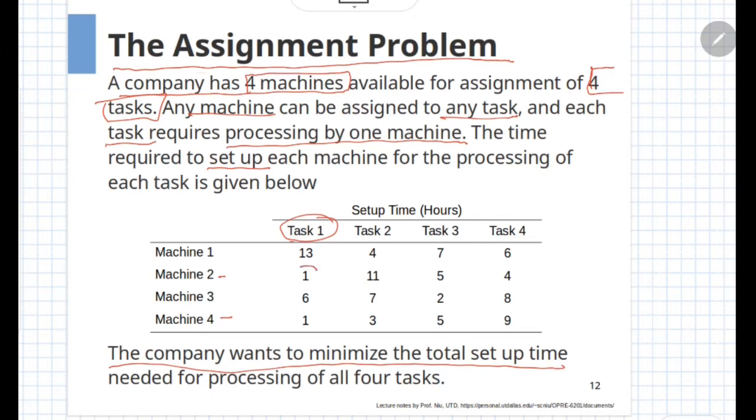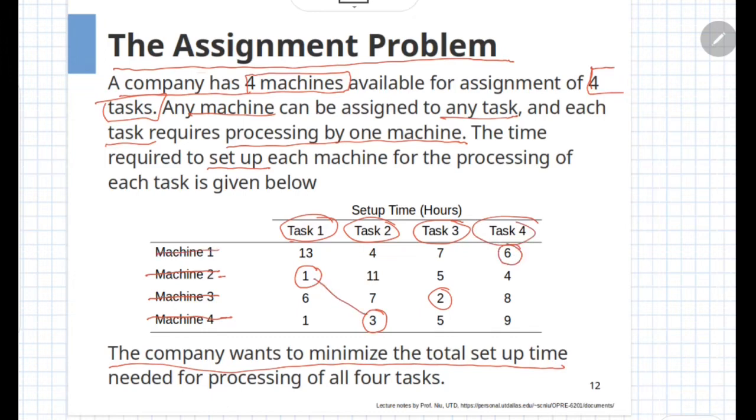So let's say we are selecting machine number 1 for task number 1. For task number 2, you will select the next machine which has the least time. In this case, it is machine number 4. For task number 3, you will select machine number 3 which has the least time. And since now all machines are exhausted, for task number 4, you have to use machine number 1.